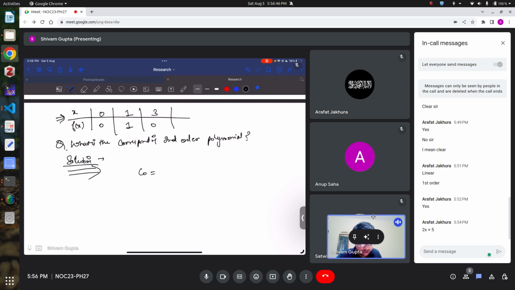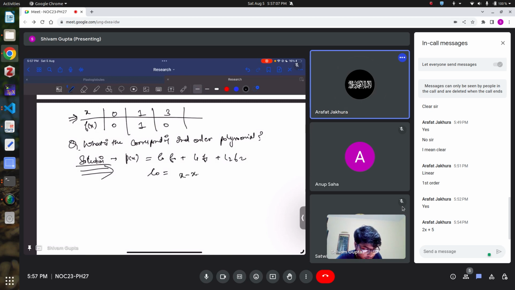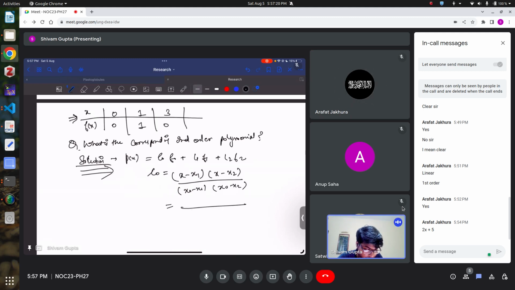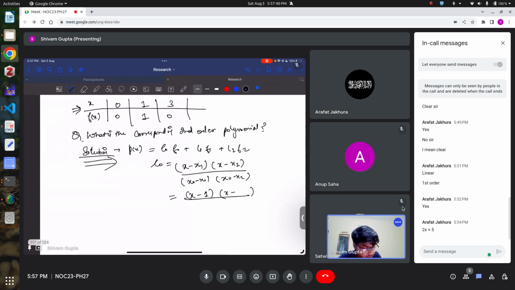So can you tell me what should be the L naught here? L naught, f naught, L1, f1, L2, f2. Anyone help me? Okay, x minus x1 and x minus x2. Next, what should be the values here? x minus x2. So x1 is 1 and x2 here is 3. Yes, 0 minus 1, 0 minus 3,